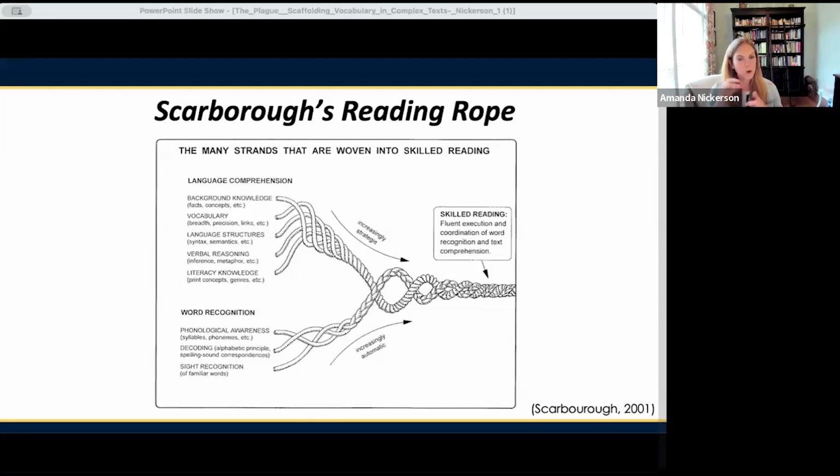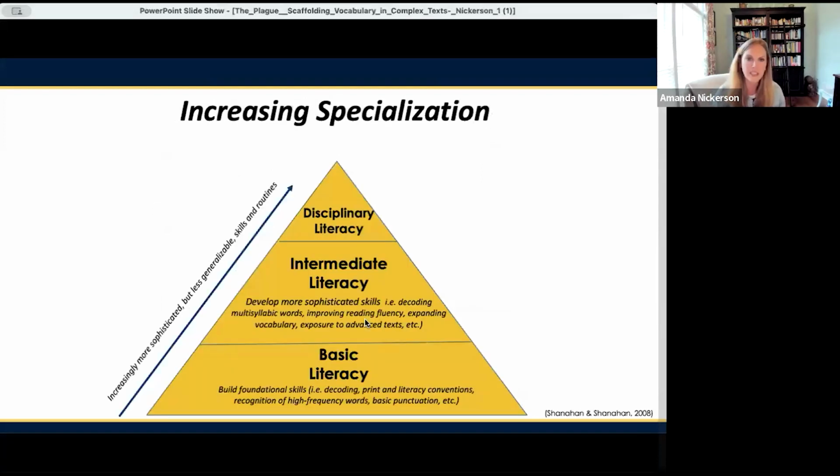But if we ignore those bottom strands because we are trying to teach the content up top, again, we can end up with a frayed rope, and we can have students who struggle mightily to learn the information that we really want them to learn. The other way I want to frame this is thinking about this increasing specialization that occurs in high schools and middle schools especially, right? So we assume and we hope through good instruction that students are learning those basic literacy